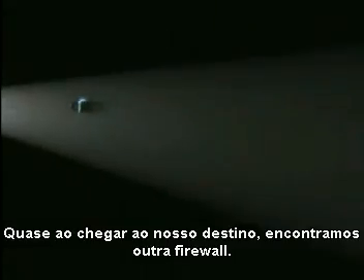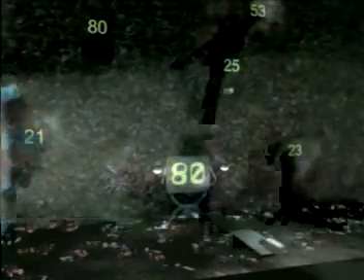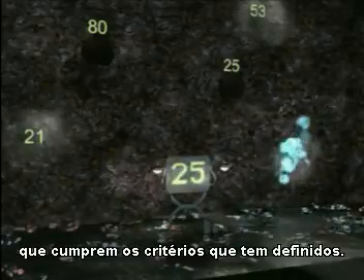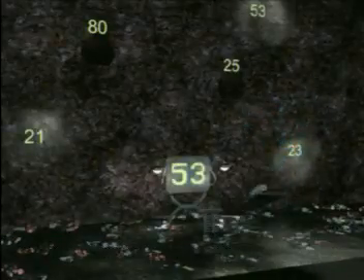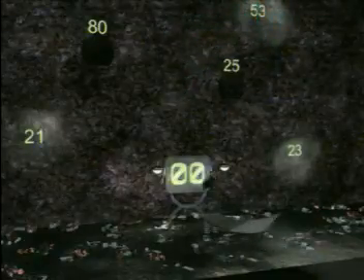Near the end of our destination, we'll find another firewall, a dreaded adversary or a trusted friend. It all depends on which side you're on and what your intentions are. The firewall is designed to let in only those packets that meet its criteria. This firewall is operating on ports 80 and 25.